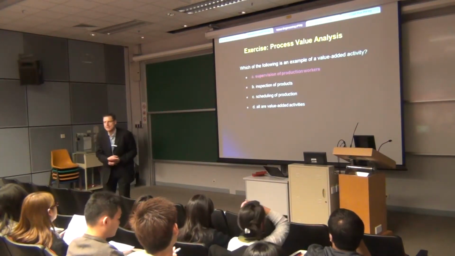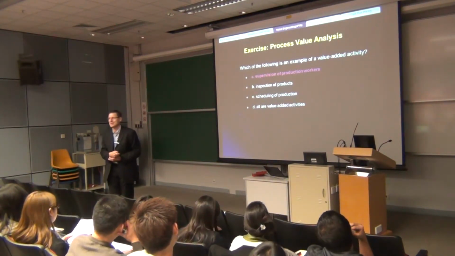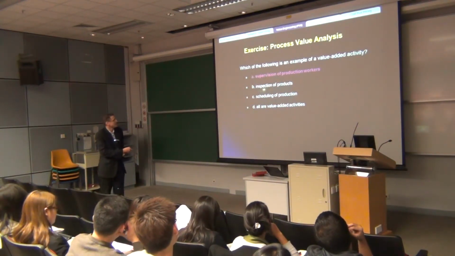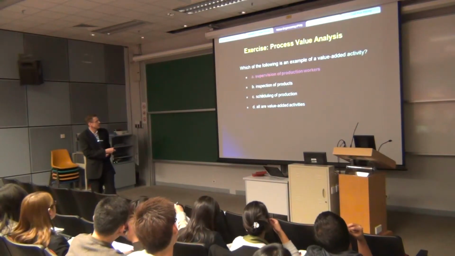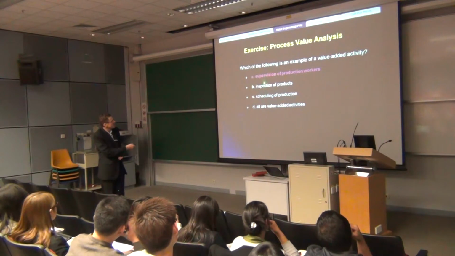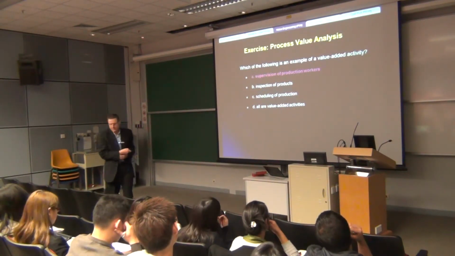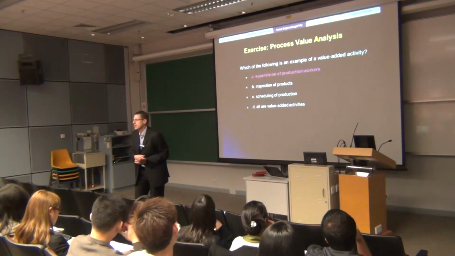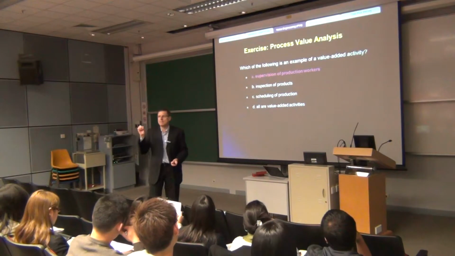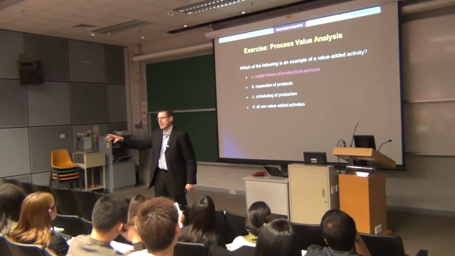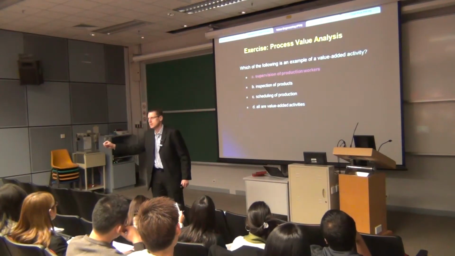Maybe a value added activity, or maybe not. Inspection of products could be, scheduling of production. I think out of these three, A would be the most valuable activity. So for example, when a major smartphone manufacturer discovered a screw that was missing in one of the smartphones,